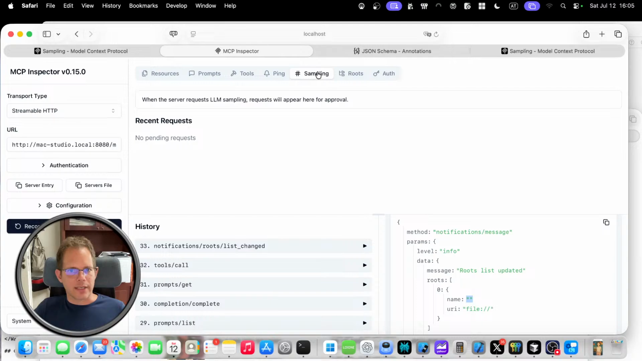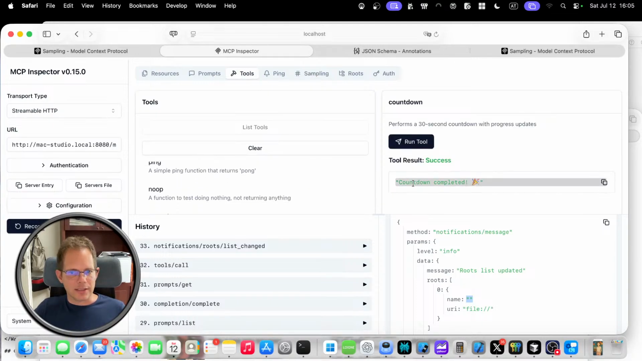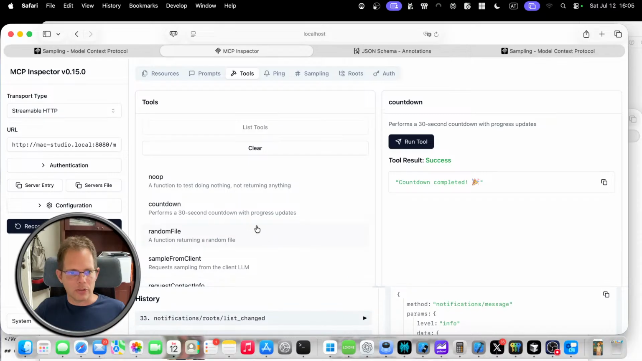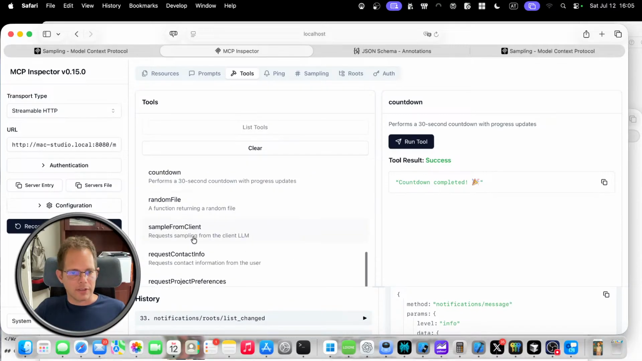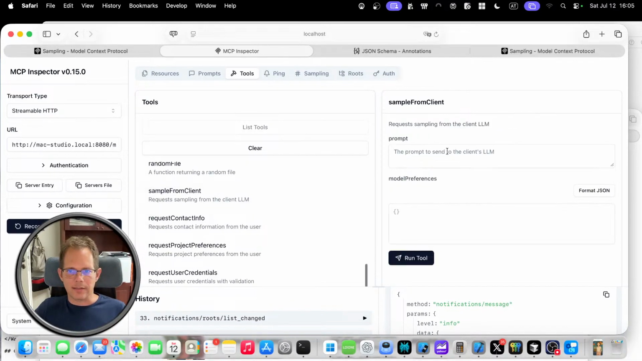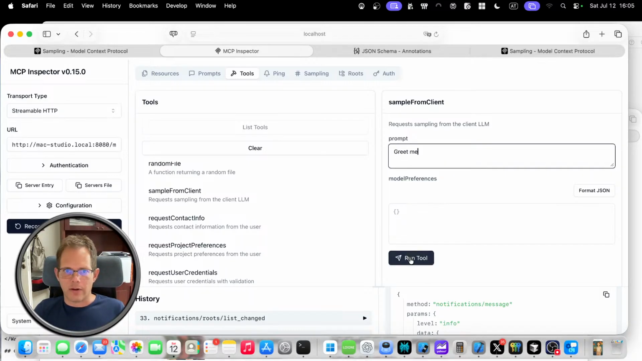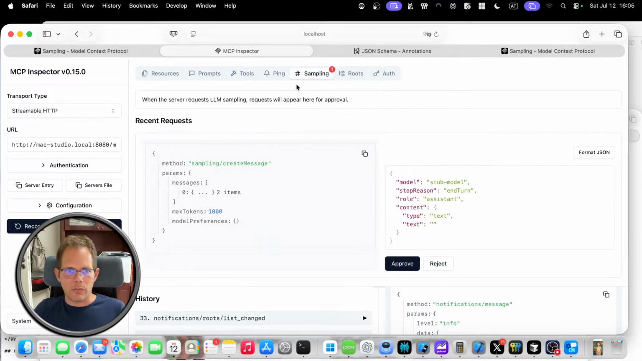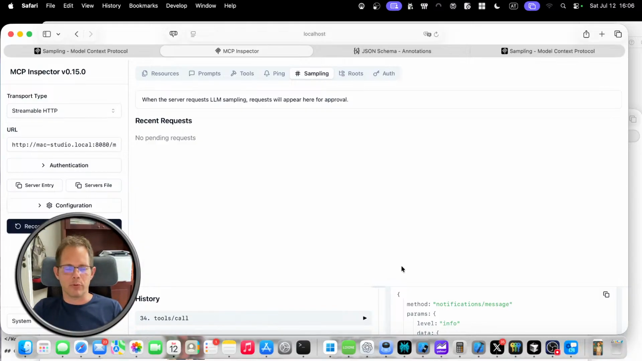So we have sampling here, nothing there yet, and you need to be fast because there's an annoying timeout. So what I can do is I have this function sample from client, greet me, and so I run the tool. I need to jump over to sampling and say what the response should be, and should say approve. Actually, I just told you nonsense. I can do approve or reject. So if I approve, then